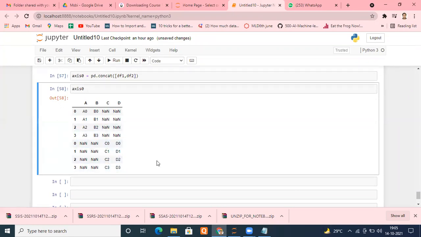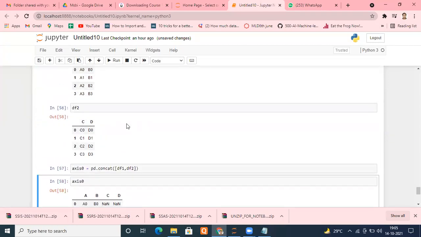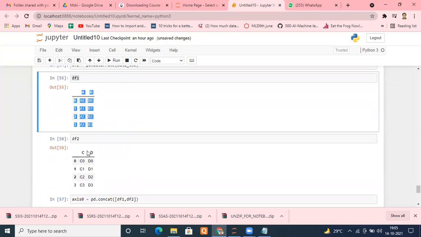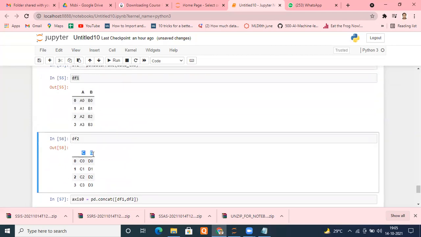But how have they been pasted? See properly. They have different column names. They have different column names, A, B and C, D. That's why, with 100% assurance, we are going to get columns increased, because they are different columns for sure. So I cannot put the value of C beneath A. Your pandas data frame is very smart. This is another parameter, this is another parameter. How can I put the values of C inside A?